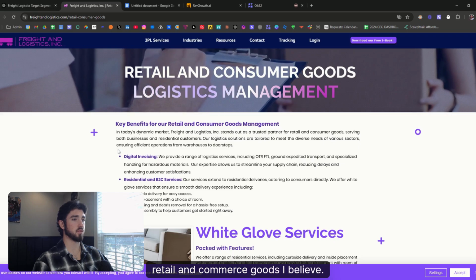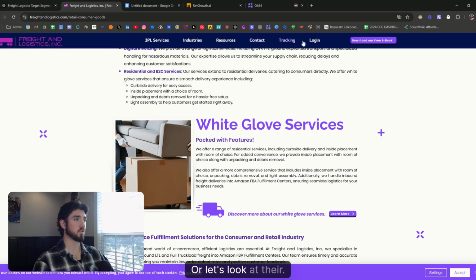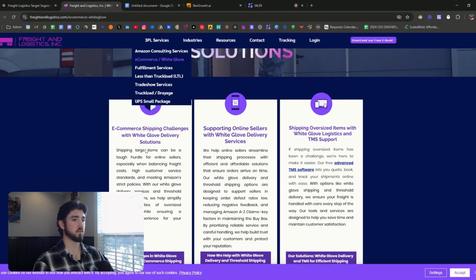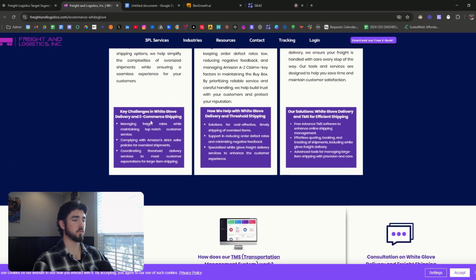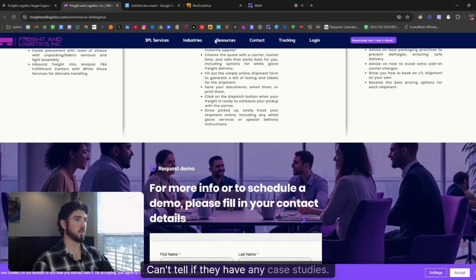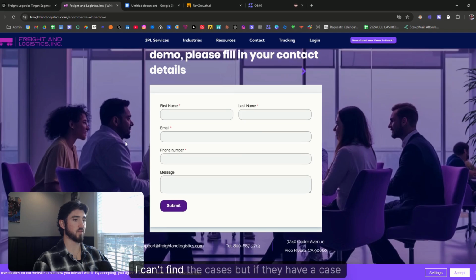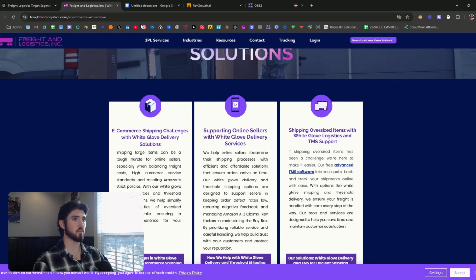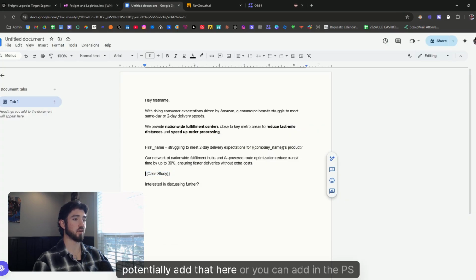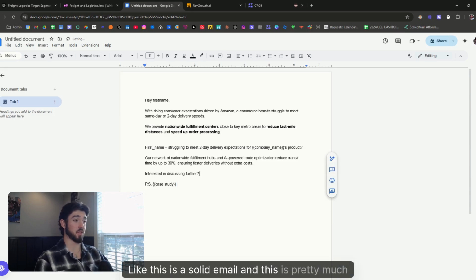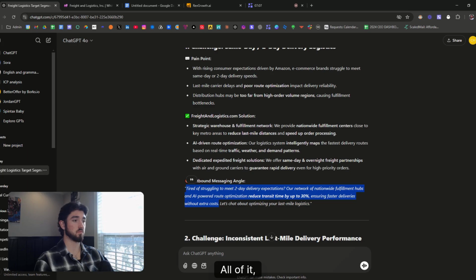Yeah, retail and commerce goods, I believe. Or let's look at their... Do they have any case studies? Let's see. Mm, can't tell if they have any case studies. Yeah, I can't find their case studies. But if they have a case study, I would potentially add that here, or you can add it in the PS case study, and boom. Like this is a solid email, and this is pretty much all done by AI, all of it,